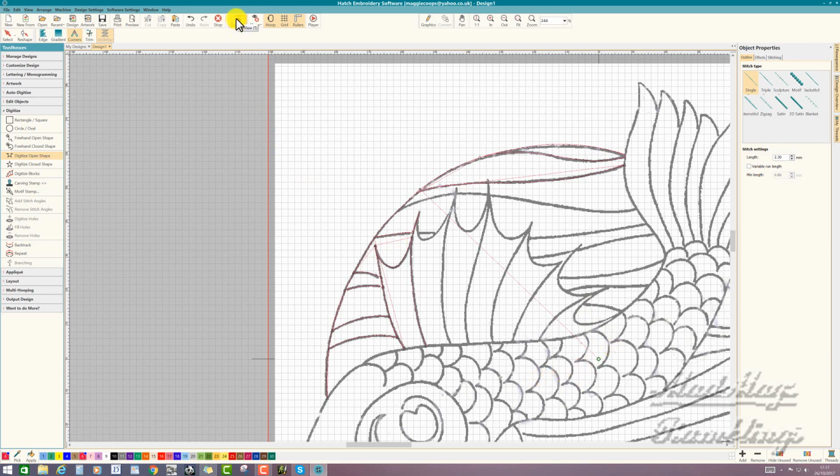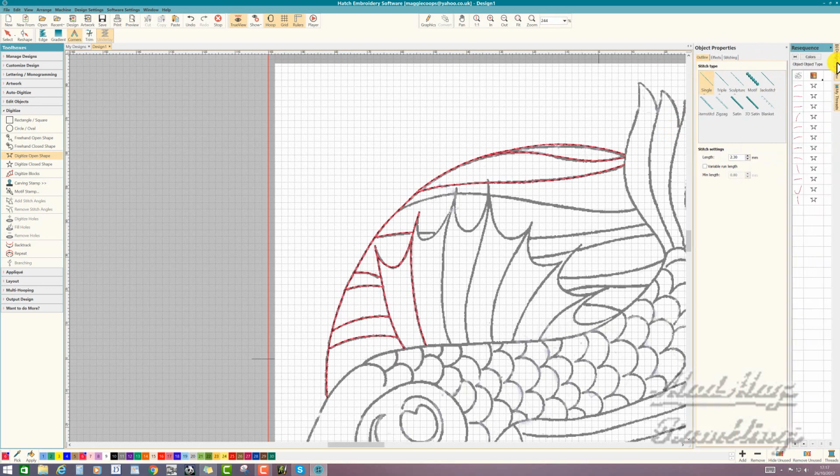I'm going to put this on true view. Now, every one of those stitches should be 2.3 millimeters long. So I want to see my resequence bar. I'm going to click on this one. 2.3, 2.3, 2.3, 2.3, 2.3. So if you're a quilter,